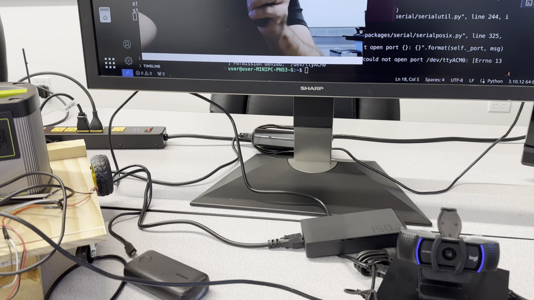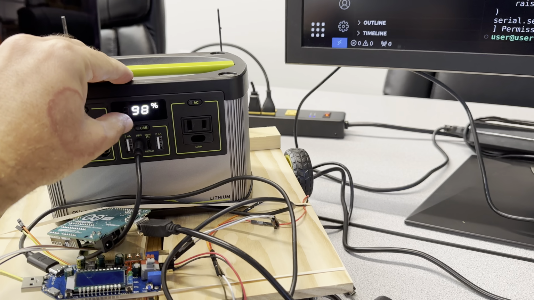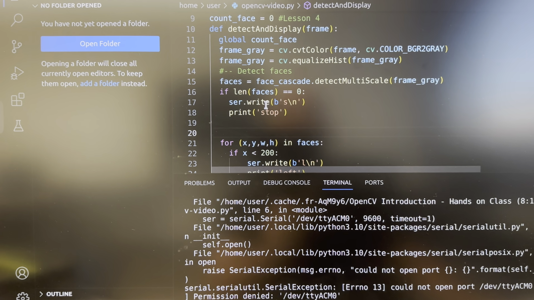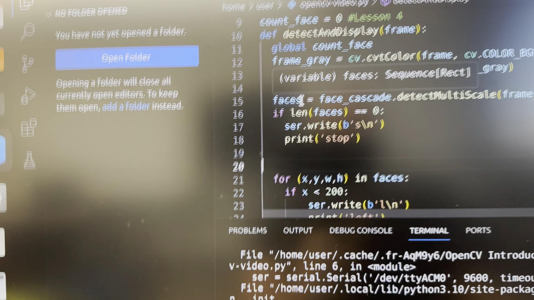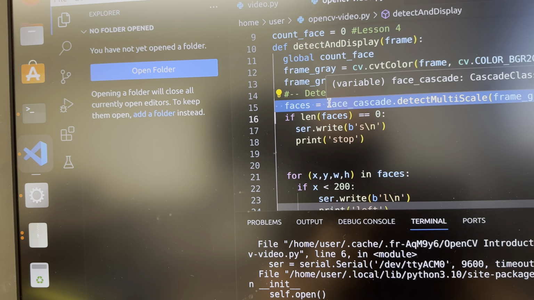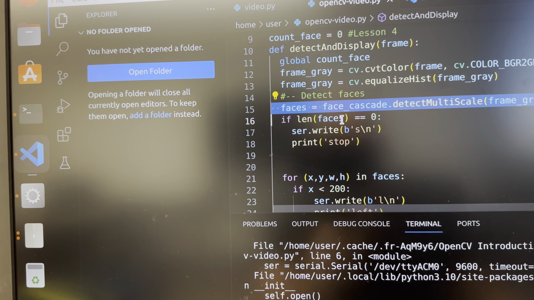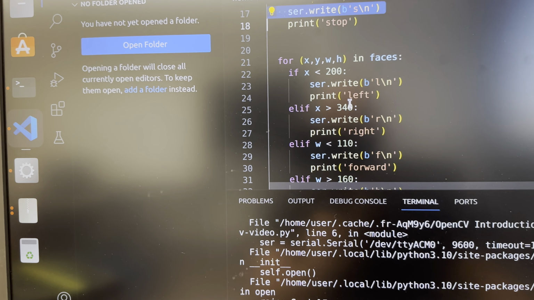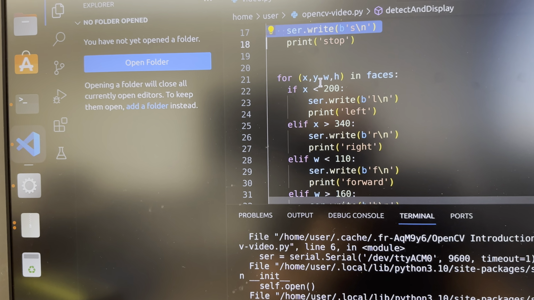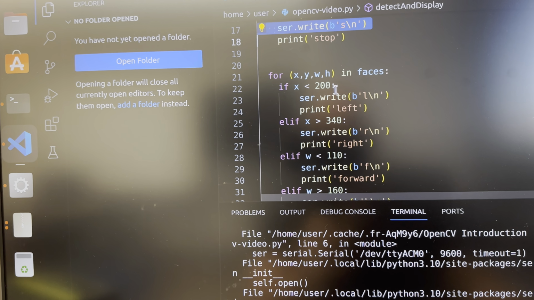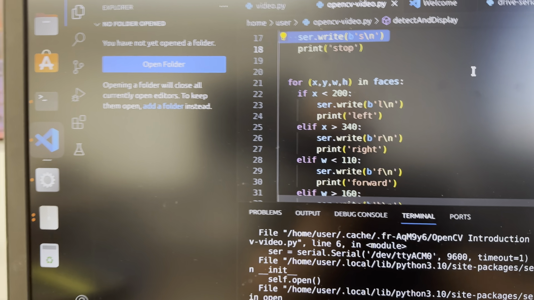And so with this, the code, let's turn this off, that's obnoxious in the background. The code, basically if we come up here, see what's really cool, right? So faces is, I guess it's a tuple or something. Anyways, it's a collection. So if the length of faces equals 0, we send the stop command. I learned that one the hard way. Regardless, so for X, Y, W, H in faces, if X is less than 200, right, left,